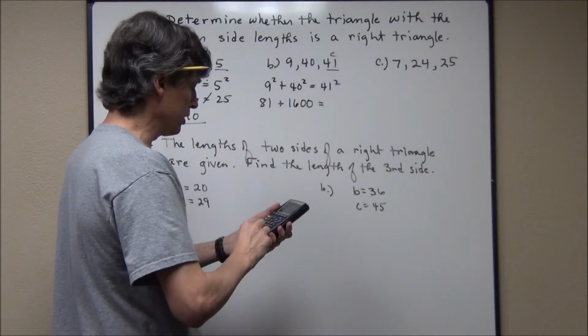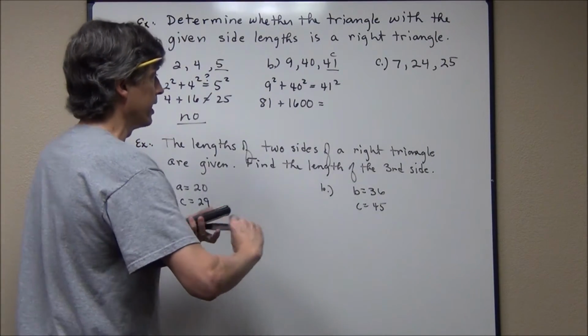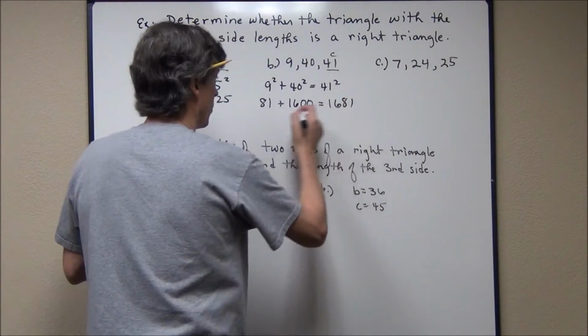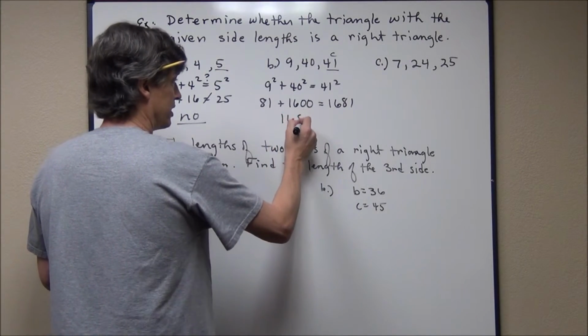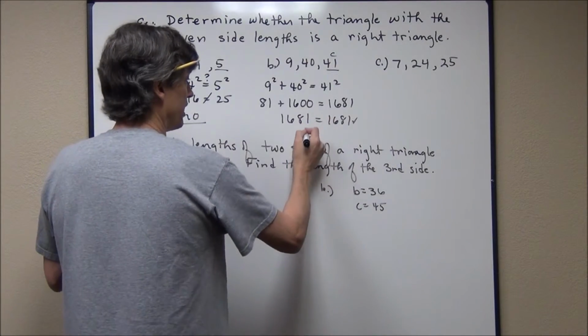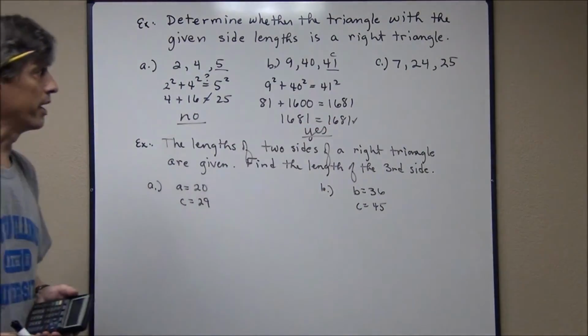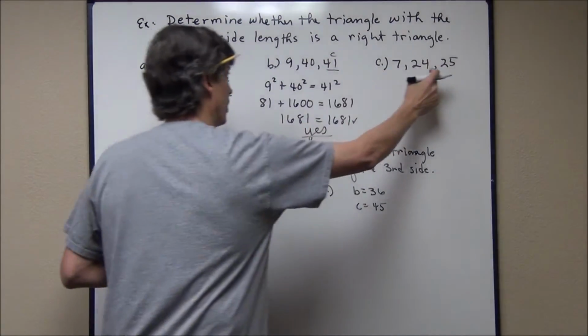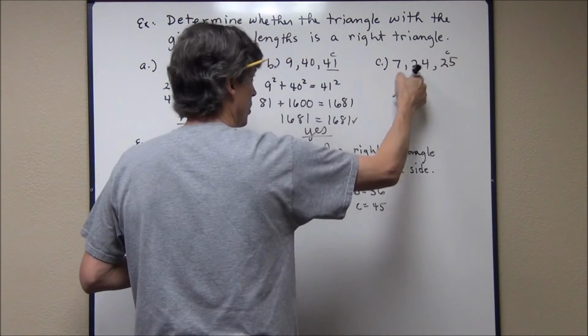41. And I'm going to square it on my calculator, and I get 1,681. Well, if I add those together, I get 1,681, and this is indeed equal. So in this case, the answer is yes. It is a right triangle. One more example. Again, the longest side would have to be C, so I'll call that A and B, and